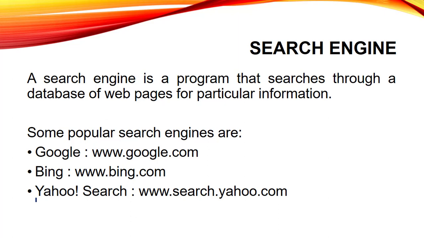You all might have found that whenever we have a query, our first priority is to search that query on Google. When we search that query on Google, we get multiple options over there. It is because Google is a search engine, and with the help of a search engine program, we can search the databases or web pages which are stored on the internet. Some of the most commonly used search engines are Google, Bing and Yahoo.